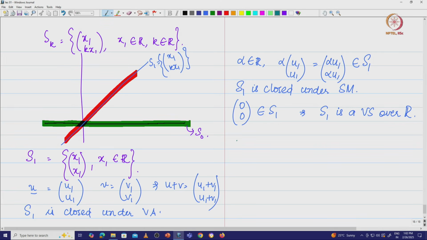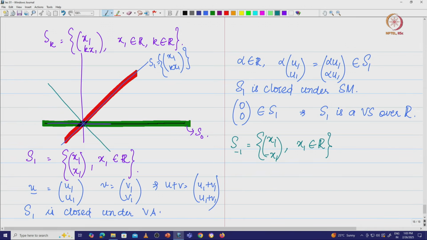So, I am going to look at S minus 1. So, what does this mean? S minus 1 is basically the set where we have x1 comma minus x1, where x1 is in R. So, what does that mean? If you take x1 to be minus 1, x2 is equal to plus 1; when x1 is equal to minus 2, x2 is equal to plus 2. So, we are going to have a line which is going to be like this, that is that 135 degrees line that you have.